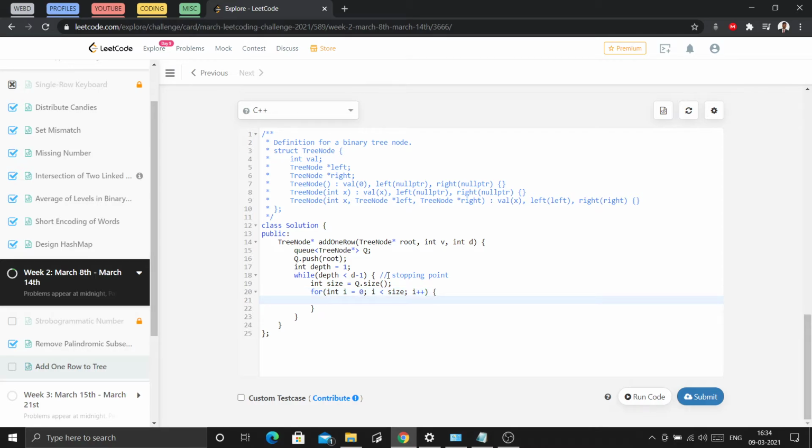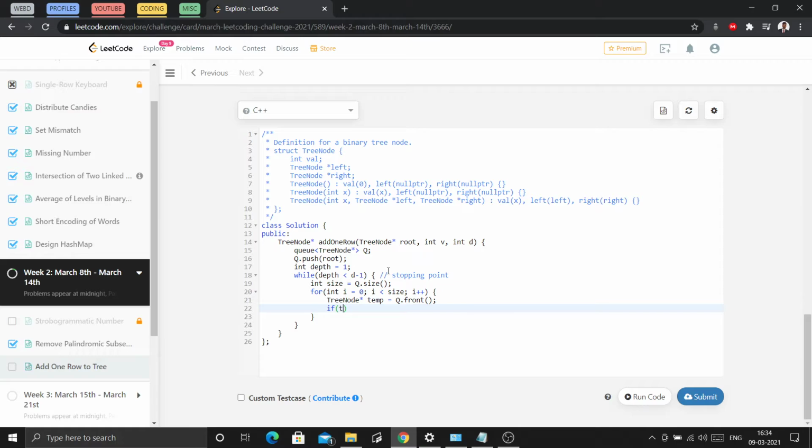Okay. I will first store the first node of the queue. That is, I can say temp here, and this is our first node. It means front of the queue, queue dot front. Okay. Then I will check whether our left node is null or not.